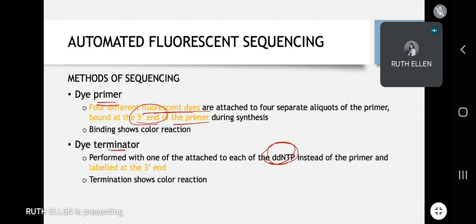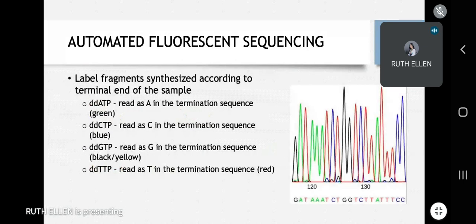Kasi 'di ba yung terminator natin dito is the ddNTP. Okay? So naka-attach naman siya at the 3' end. Okay? So this is an example of a dye terminator. No? So the labeled fragment is synthesized according to the terminal end of the sample. So this is the